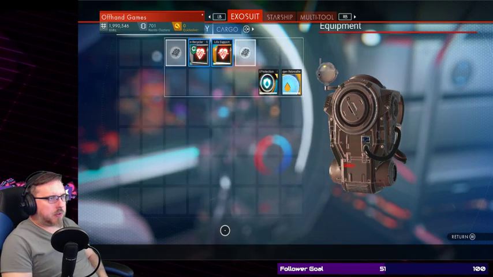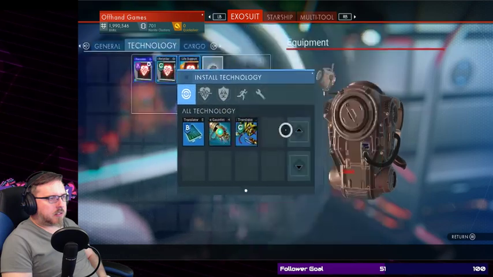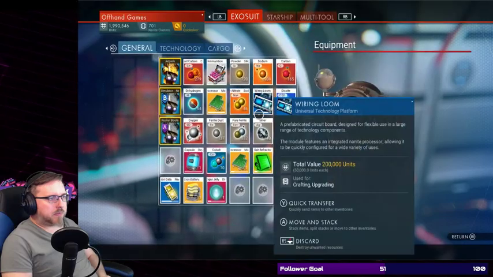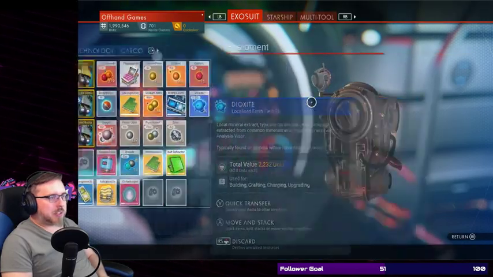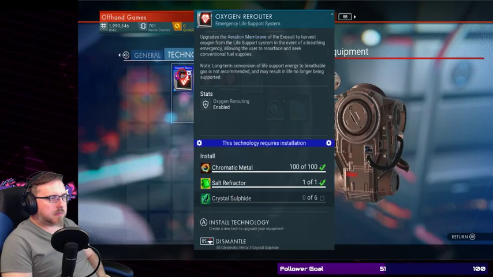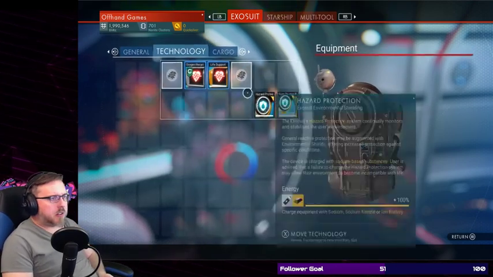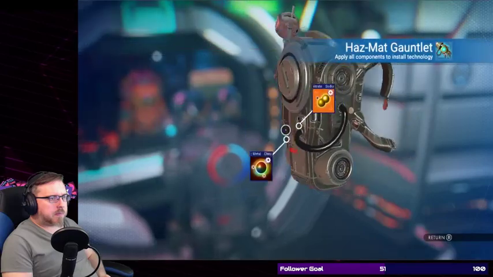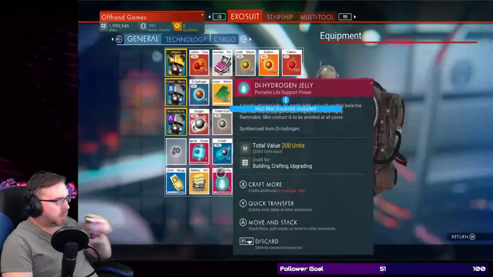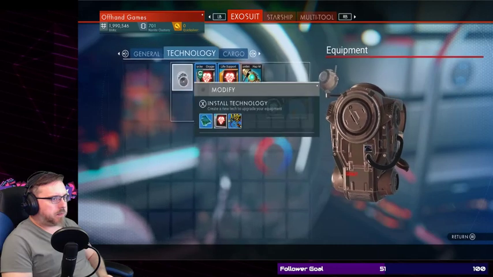Let's do the oxygen rerouter, but let's put it here. Oh no, that was the wrong one. Let's break that back down. What was that? Gauntlet. Let's do the gauntlet and put it in here. Put it here on the end. Got you both. And then let's do the...